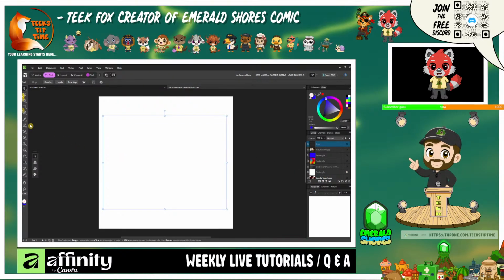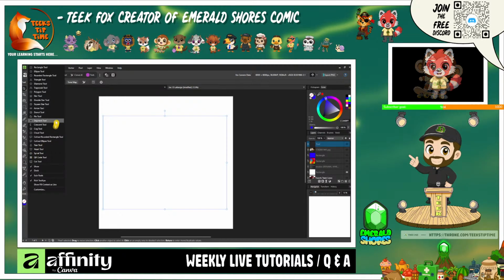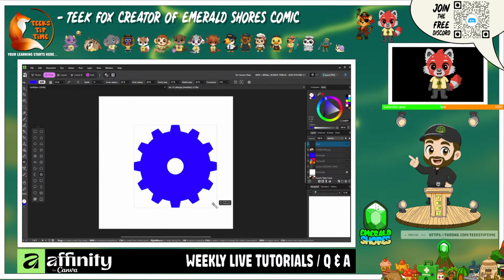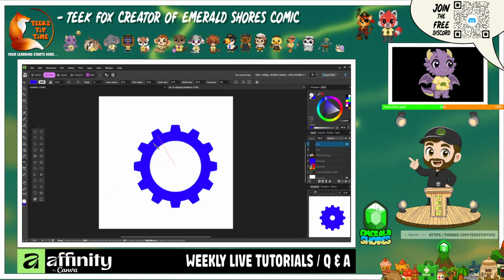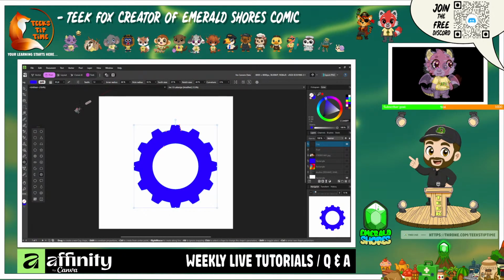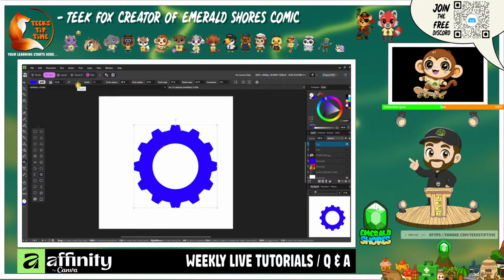So just go back to our white. Now I'm going to pick a shape tool, something like cog. Now, as you know, with things like cog, when you drag them out, you see these little orange balls, and then you can adjust the shape how you want to, like that. You can adjust all of them. That's always been there. However, on this version, or at least not on iPad, there's this little thing called presets up here. I click that,